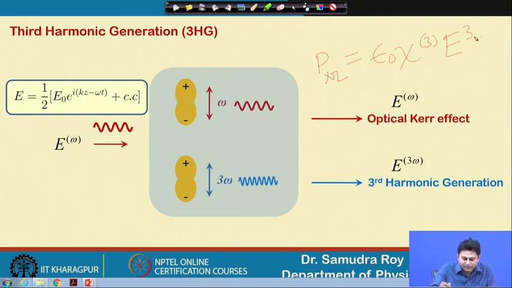So, the frequency that is related to omega is giving us the optical Kerr effect, and the frequency containing 3 omega gives us third harmonic generation. So, the optical Kerr effect leads to self phase modulation, and changes of refractive index happen because of these effects. So, we have already discussed these issues. Third harmonic generation is the part that we will discuss today, as I mentioned.